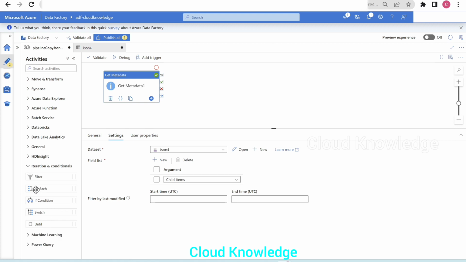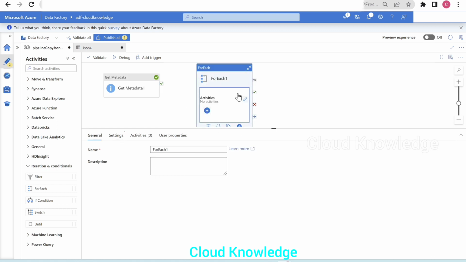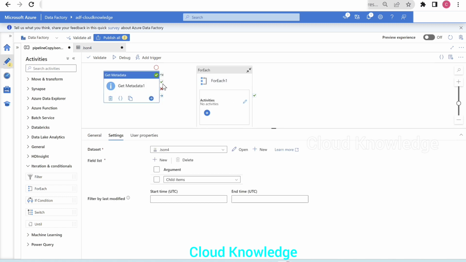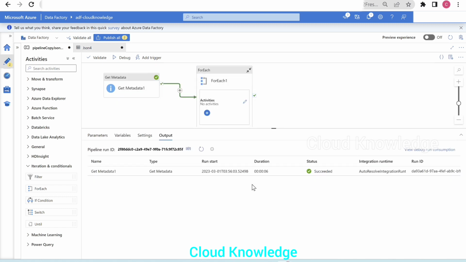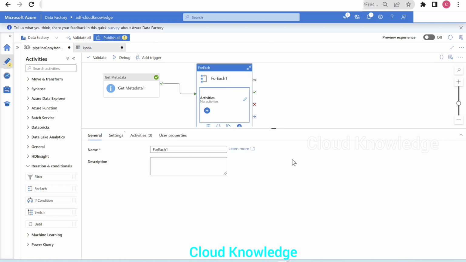So we'll take for each in the canvas. So for each of these child items, we have to perform some actions. That is, we have to check the contents of the file and then copy. So we'll connect the get metadata activity output to the for each activity. And then we'll click on for each.